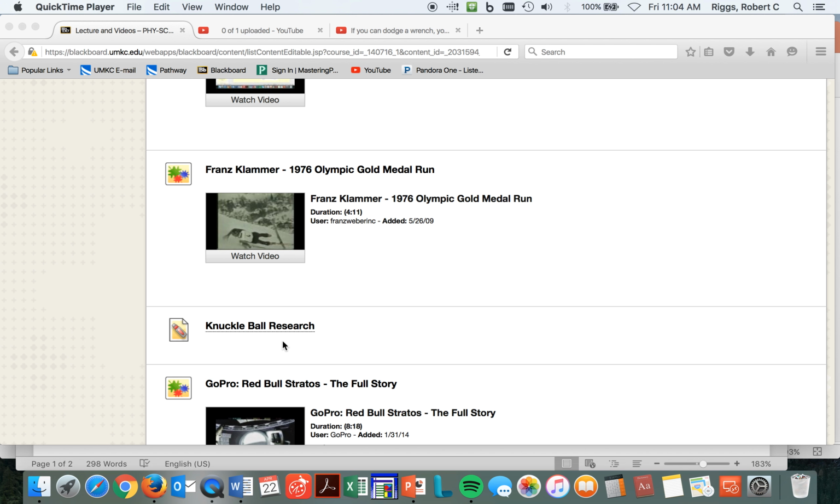R.A. Dickey, the knuckleballer. What's strange when you watch is his very easy wind up, and it looks like he's just playing casual catch with his son or something in the backyard. By the way, the knuckleballer actually throws the knuckleball, but it moves all over. It's really hard to hit. It's also very hard to throw strikes.